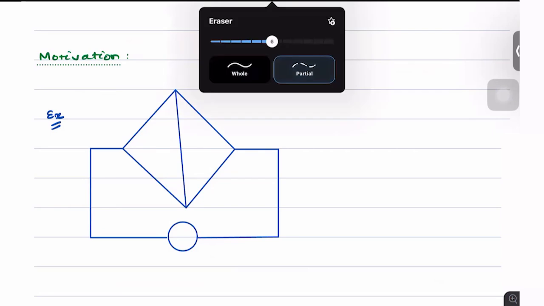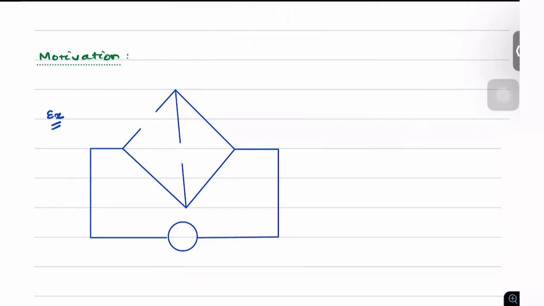Okay, now let us add a few resistances in some places. And suppose this is a current source in the network, which is driving our resistances. Let's write up the values. Say this is R1, R2, R3, and R4. And say this is R5. Suppose this current source has value of I0, meaning the current source is trying to drive a current of I0 through the circuit. Okay, we have these.